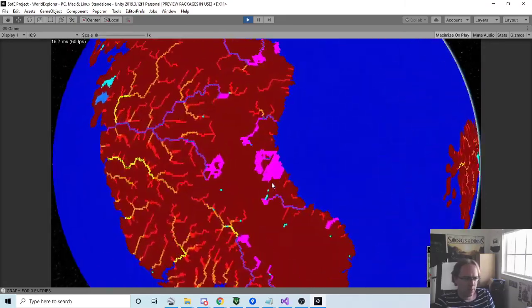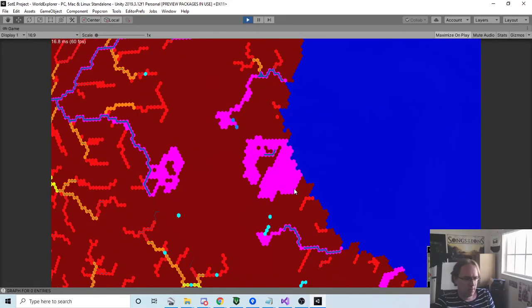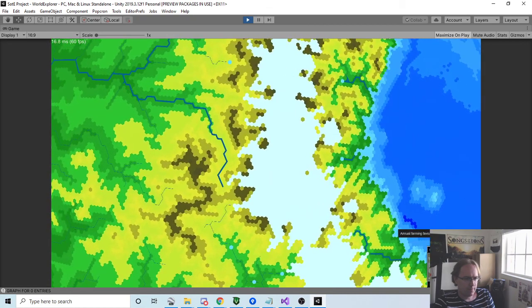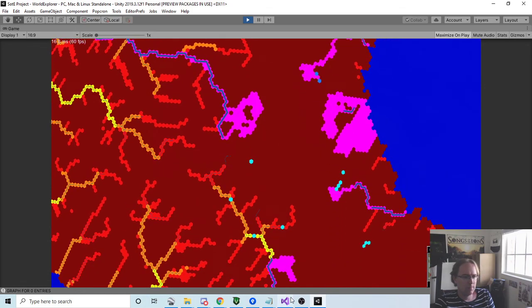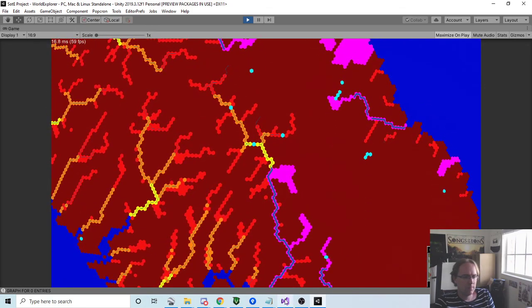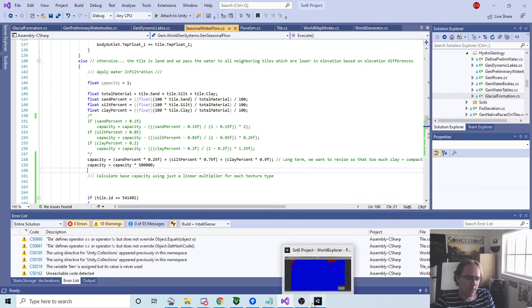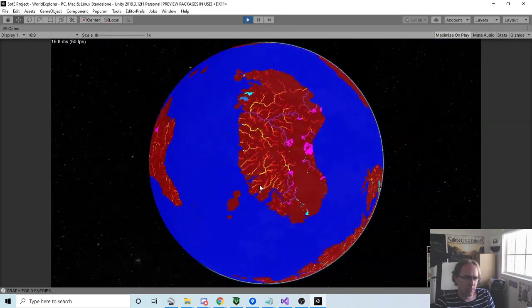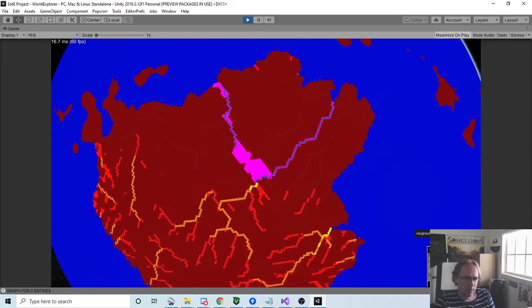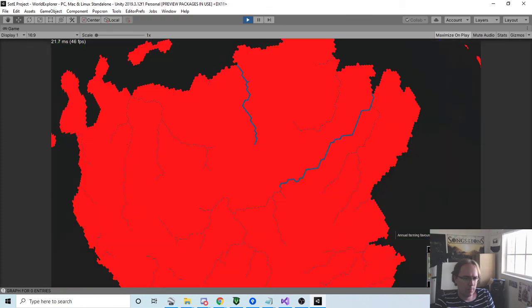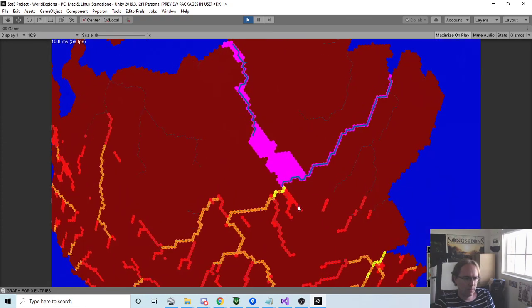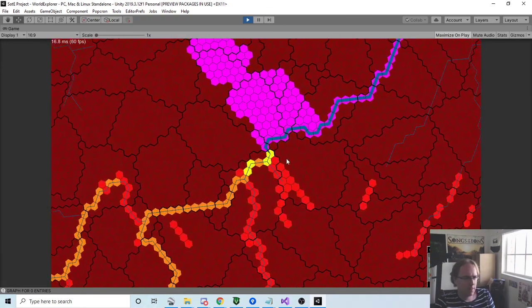Small glaciers, and then we had that one instance where glaciers had nothing to do with it. I think this was the case here. Yes. And it's basically a desert, but